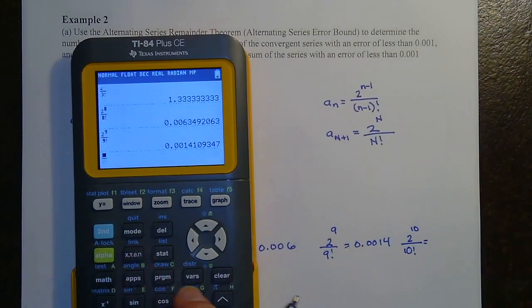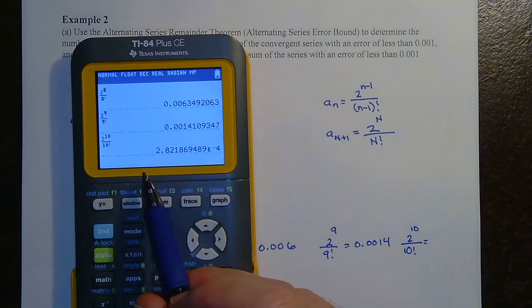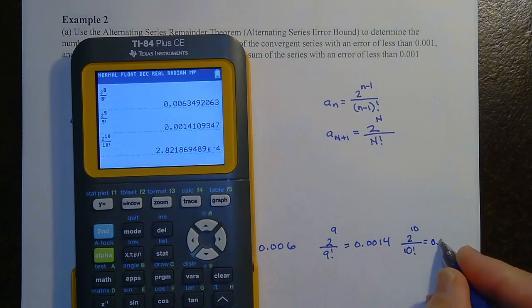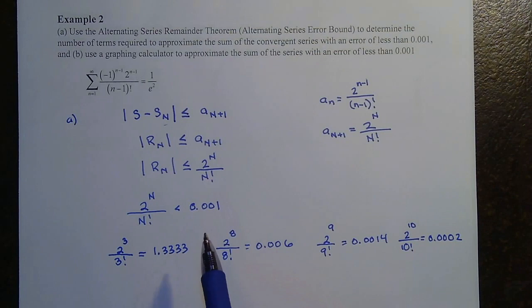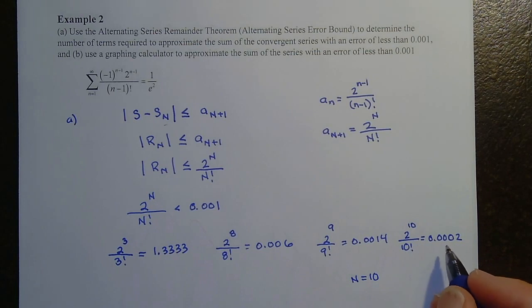So let's go 2 to the 10th over 10 factorial. And so that would be 0. Okay, so we got to move this 4 places over to the left. So that'd be 0.0002, which would be right under this amount right here. So we found it, right? So we know that when this n is 10, right? When n is 10, that's going to give us an error that's less than